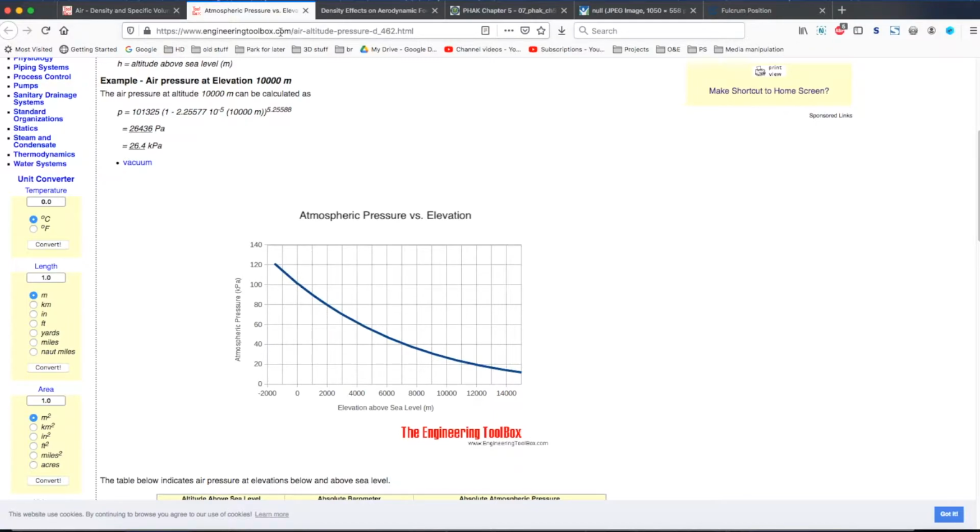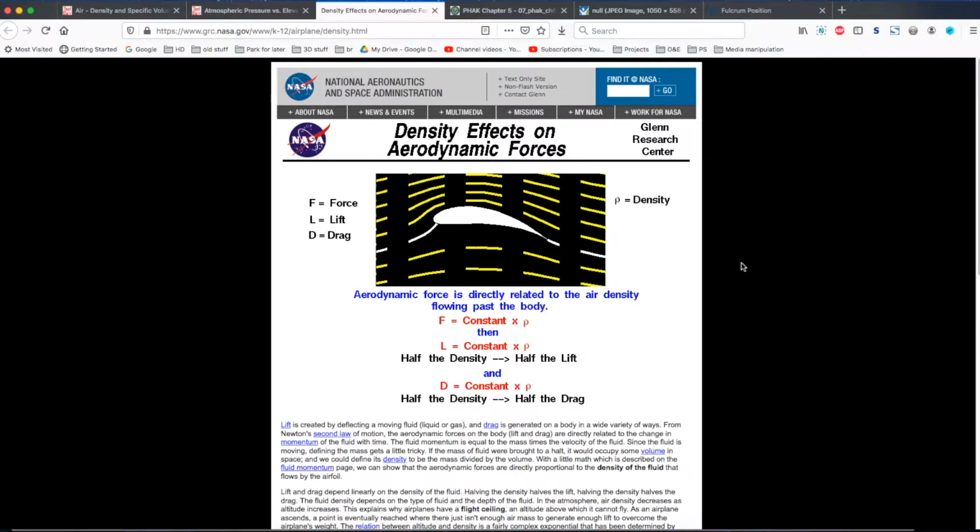But from the research that I have done, the plane truly is unaffected by the shape of the earth. And there are two main reasons why an airplane will remain at a given altitude. To address the flat earth excuse that the earth cannot be a globe because an airplane flying straight would just fly off into space, I would like to bring up the phenomena of air density affecting the lift of an airplane. And here on NASA's website,